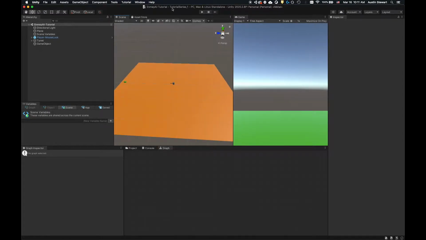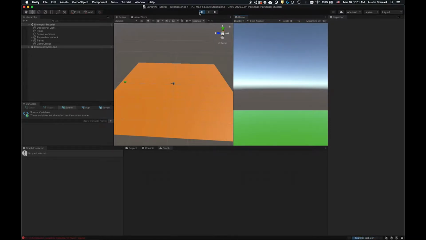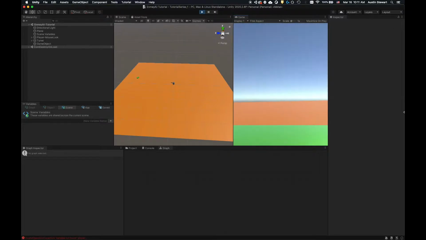Okay, so in this tutorial, we are going to learn how to create some basic enemy AI using Bolt. And in doing that, we're going to introduce the idea of a state graph. A state graph is essentially, and let me go ahead and rotate my view here, I want to be able to see the turret,